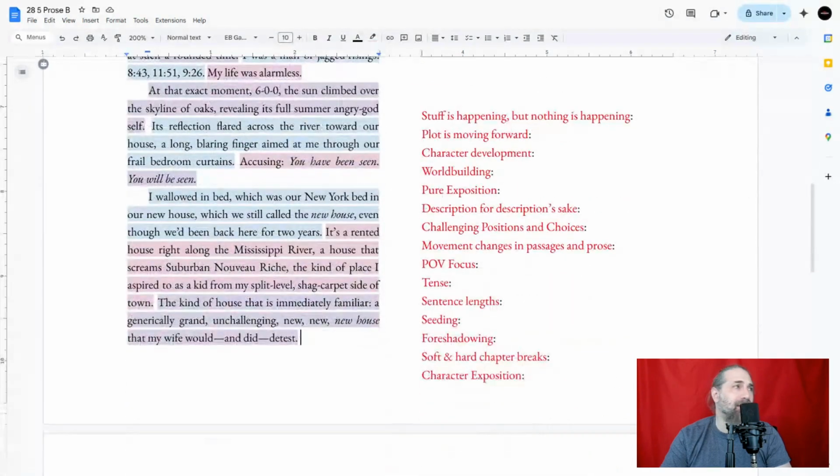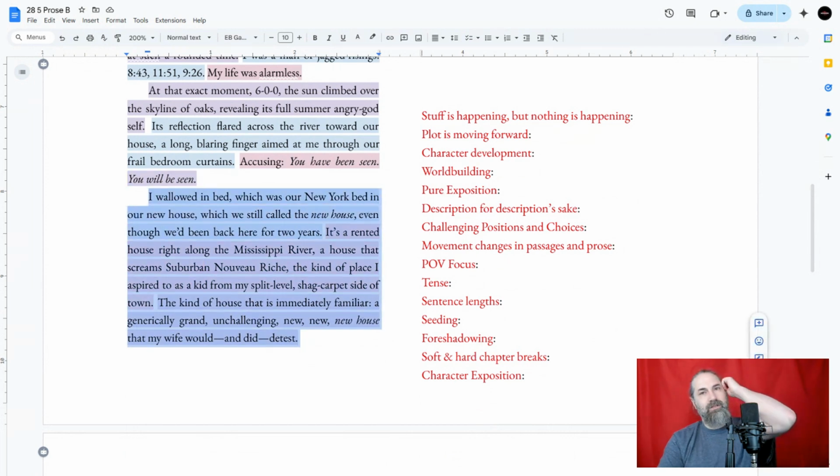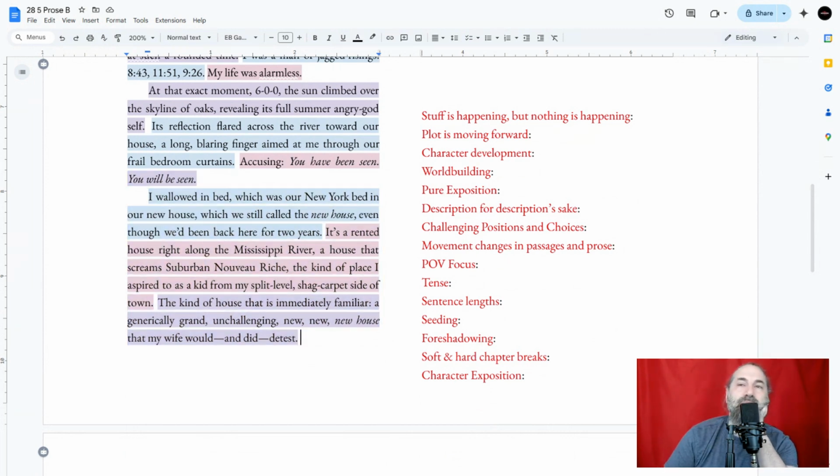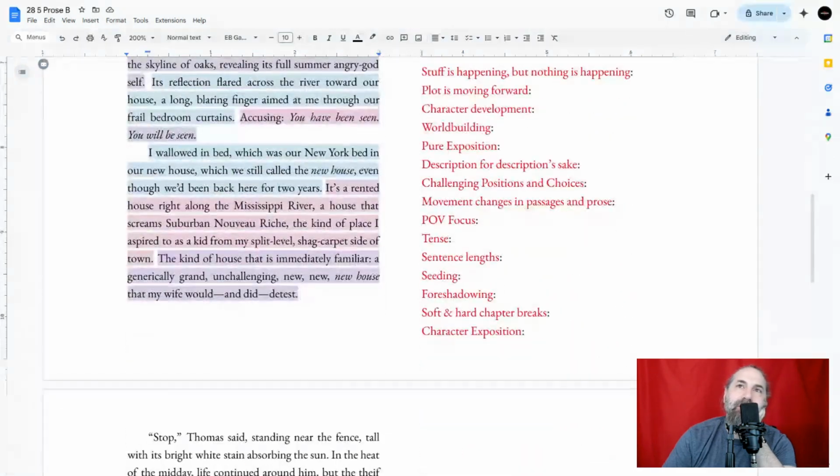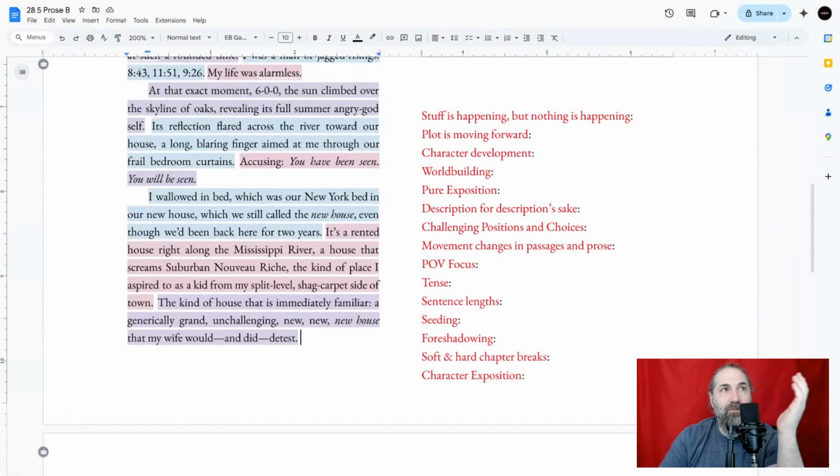So before we even get, well, this is in the book. This is the top of page 2 in the book. But before we even get through the whole second page, we're already being reminded that he's thinking of his wife. So all of this got brought back to his wife. So that's good too, right?